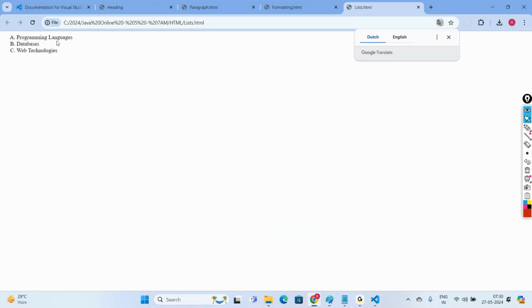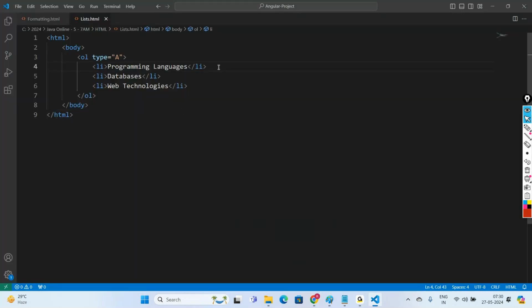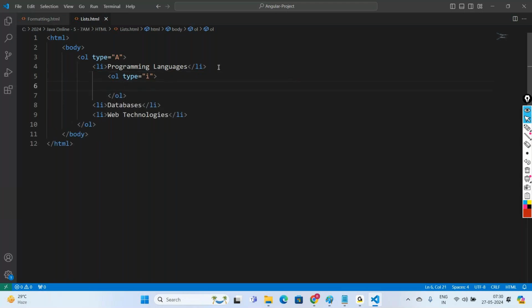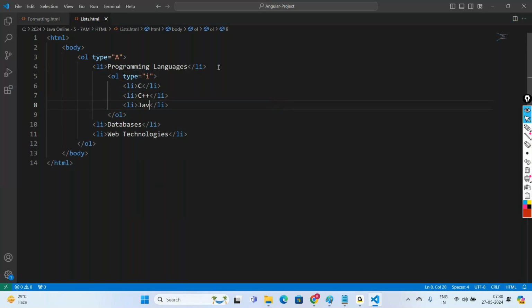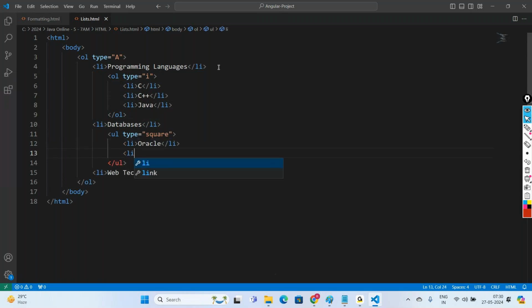Now under programming languages we want a sublist. Under databases, a sublist. Under web technology, a sublist. To do that, under programming languages, again you say OL type equal to small i. Then LI C, C++, LI Java. Under databases, again we want a sublist, so we'll say UL type equal to square. We can say LI Oracle, LI MySQL,